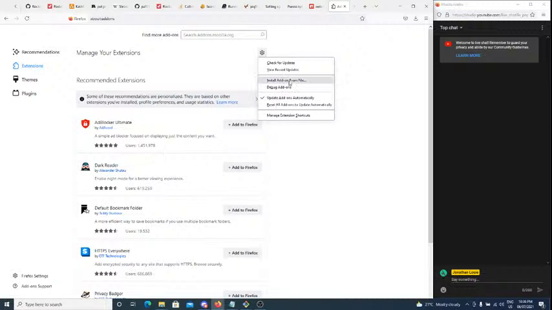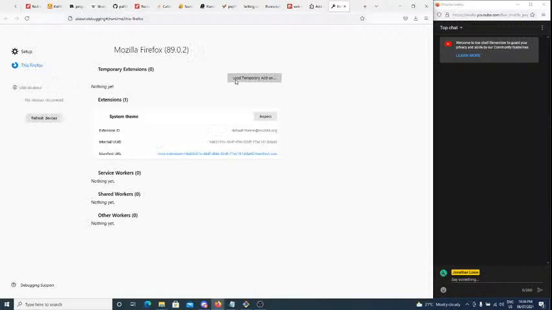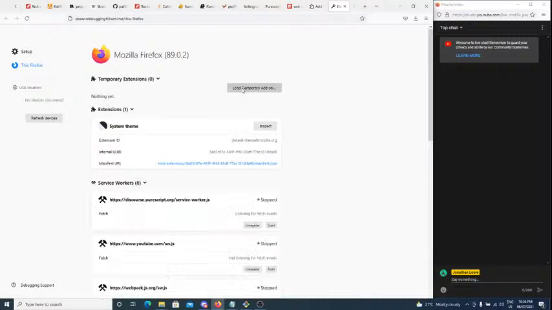So you can't just install an add-on unless it's been signed, or if you're using a version of the browser that allows unsigned add-ons, like the developer version or the nightly version of Firefox. This is not the nightly or developer version, so I have to use debug add-ons. This lets me load an add-on temporarily until I close the session.